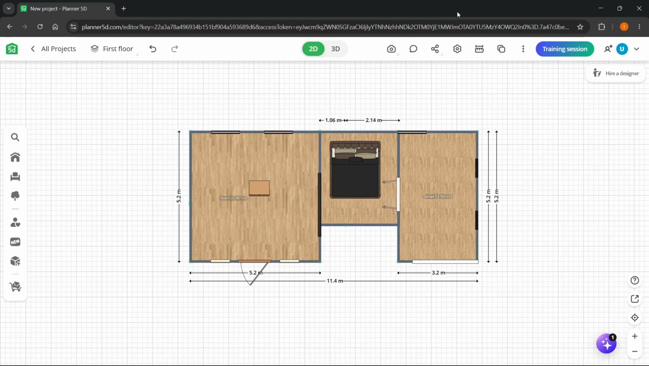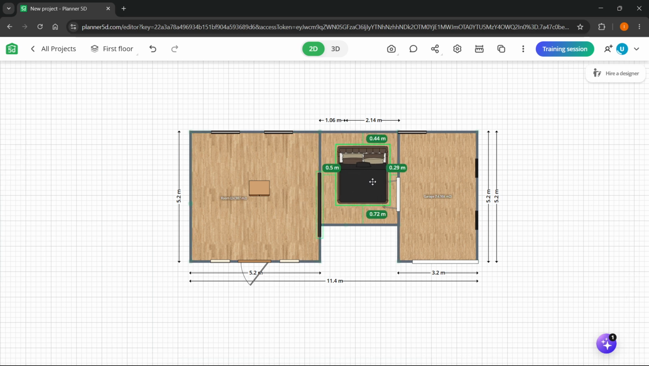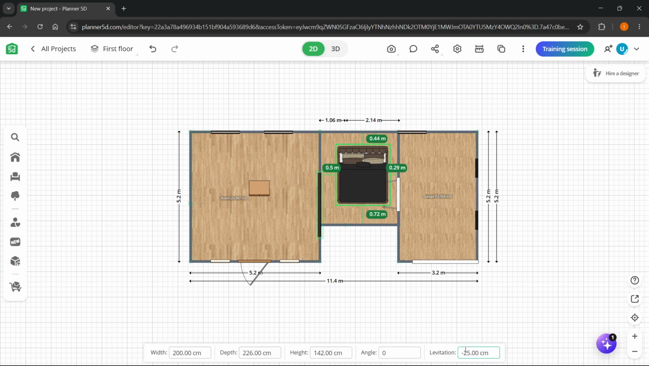In this video, I'm going to show you how to move things up and down in Planner 5D. So as you can see, I'm currently in 2D mode. Here you can click on anything you want to move up and down, and you can change this levitation over